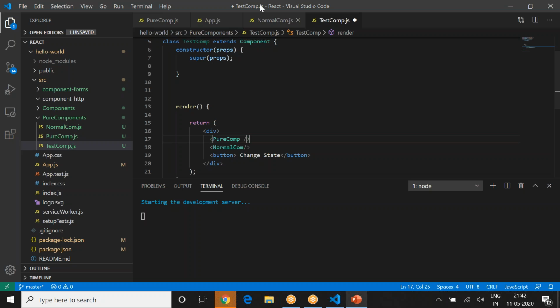One sec. Got it. Okay, so somehow my code there and code here is not matching. That's fine. Doesn't matter.